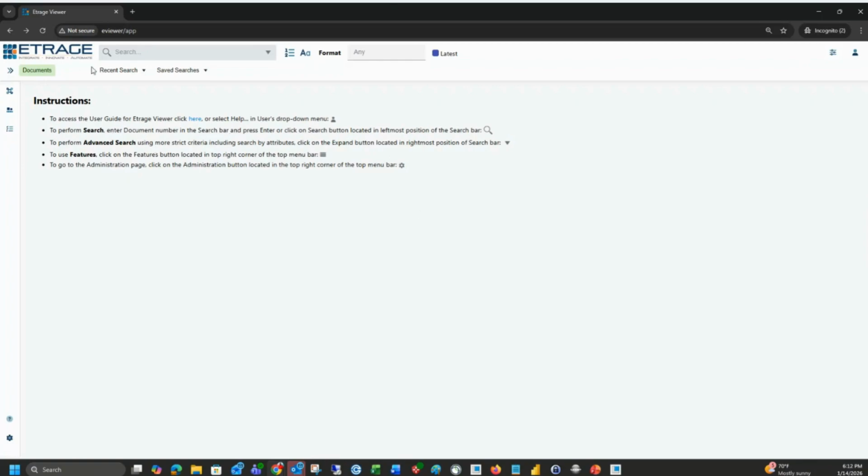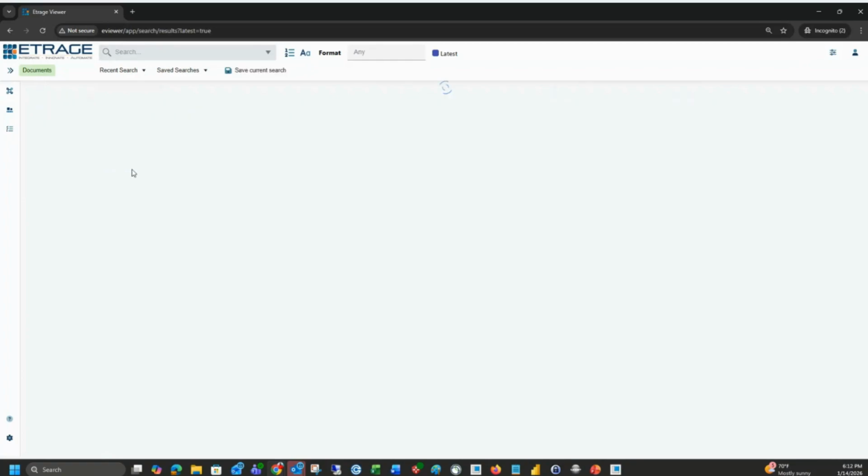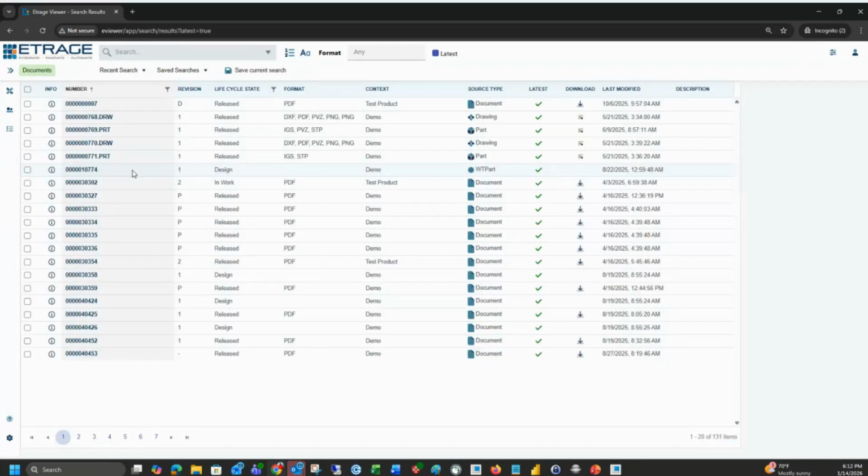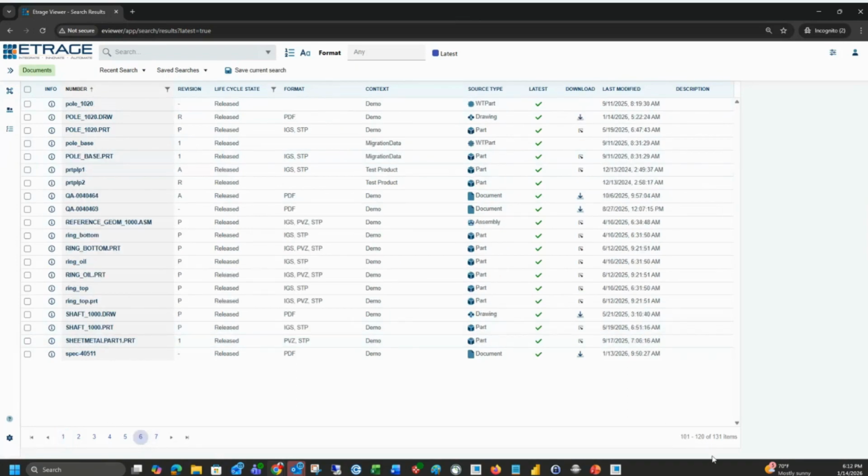Then from this interface here, I can simply hit the search icon, and it goes and returns all the data that's been stored in the system. I see there's one file there that's the document type. There's one that's the drawing or the part, which is the normal part or assembly in the system. And you'll also see that in my system at this stage, I have about 131 items stored. That is one way of just finding the entire information in the system